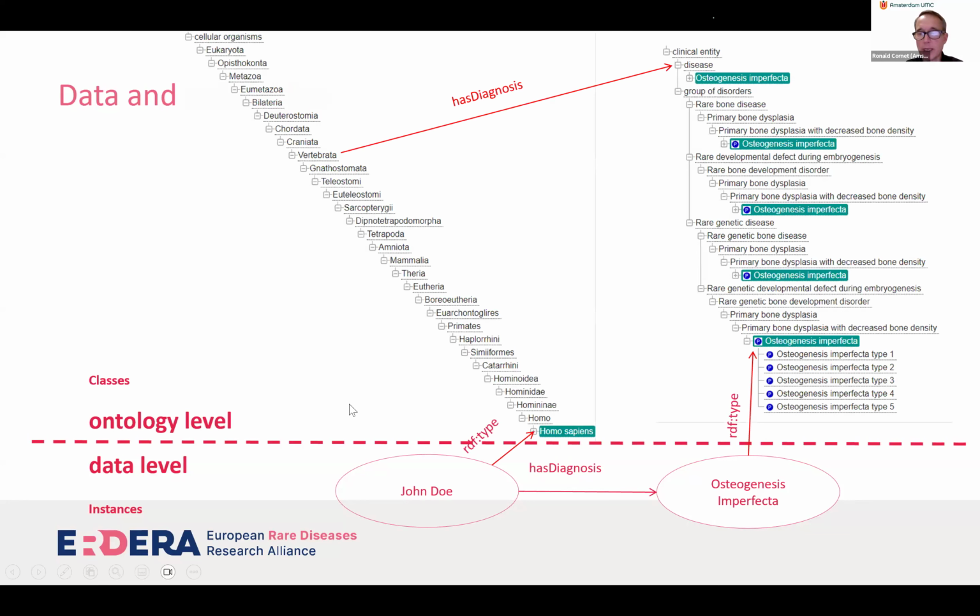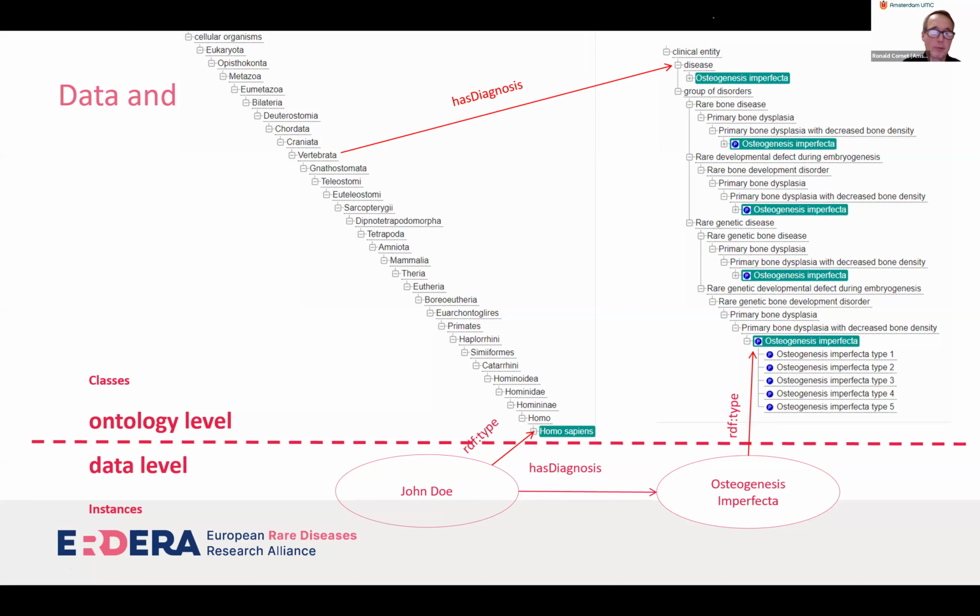And for example, by knowing that John Doe is a Homo sapiens, we know that John Doe also is a primate and is a mammal and is a vertebrate if we go higher up in the hierarchy. And we know all the information of osteogenesis imperfecta as it is, and all the coarser grained concepts under which osteogenesis imperfecta is categorized.